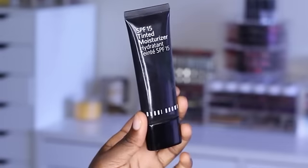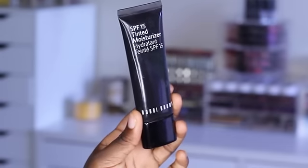Now, if you're looking for something that's not going to provide a ton of coverage, but that's just going to be a sheer wash of color on the face when you don't really want to look like you have on a ton of makeup, I always suggest going for a tinted moisturizer or BB cream. This one from Bobbi Brown is one of my favorites, but it's not that cheap. So if you are looking for something with similar coverage, not a ton, that doesn't feel super heavy on the skin, lets the skin breathe, and is going to moisturize the skin,